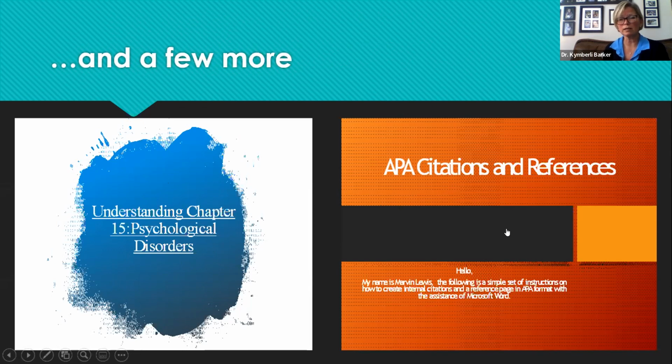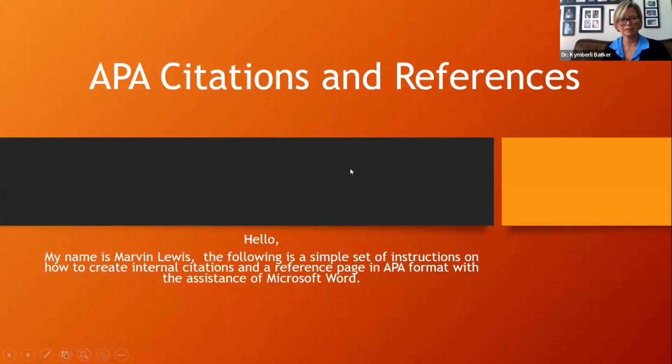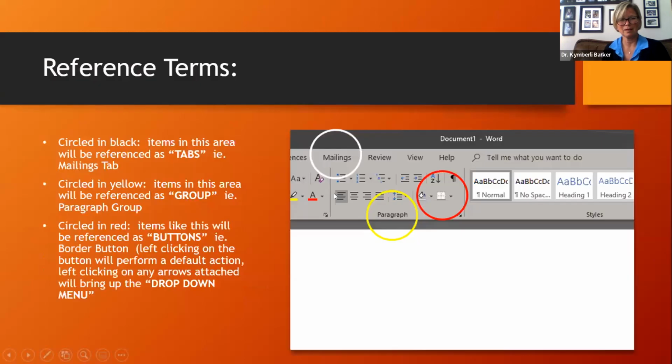This over to the right is where one of my students decided to assist their younger colleagues with how to utilize the word processor for creating APA citations and references. And that is for the students that didn't want to raise their hand and ask in class, or weren't able to attend the seminars on APA, and so forth. There we go. So in that particular